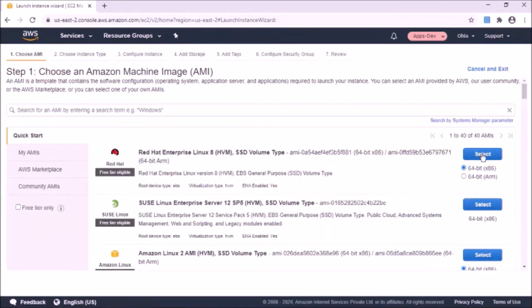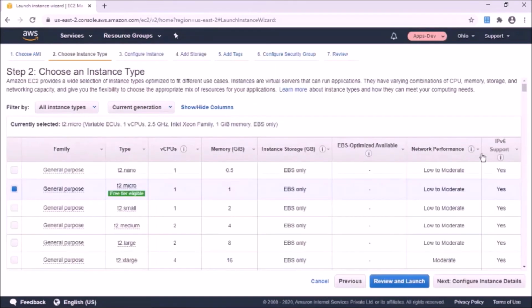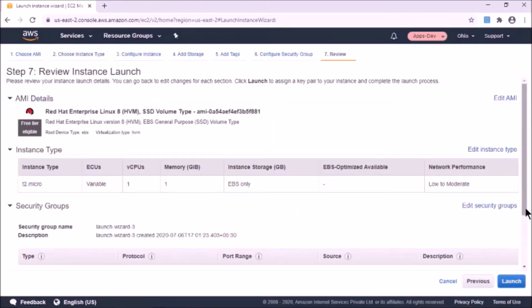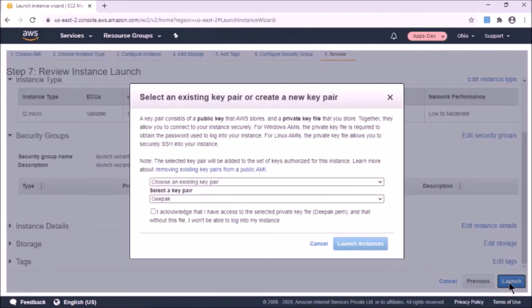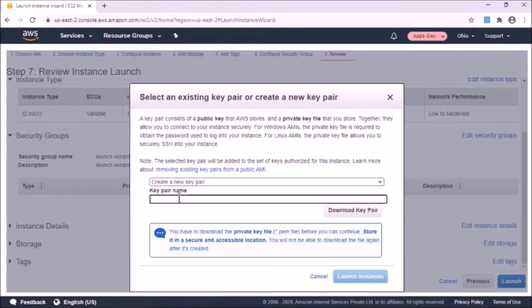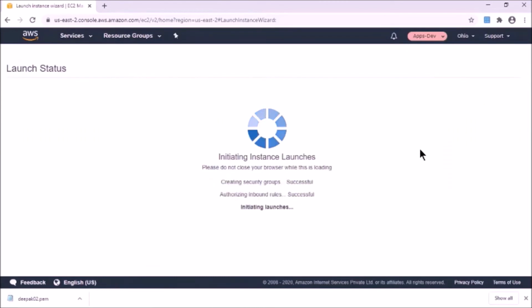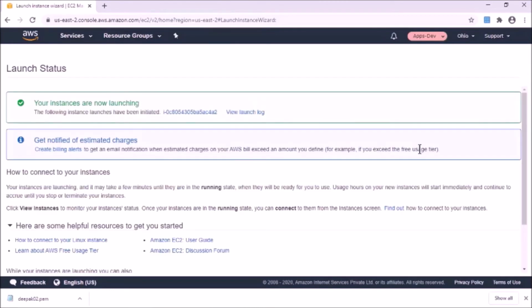We will select Red Hat. We will go with default configuration and launch. So Deepak has access to EC2 as well.